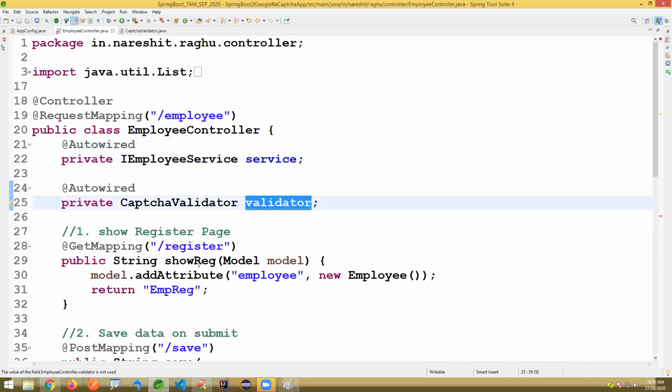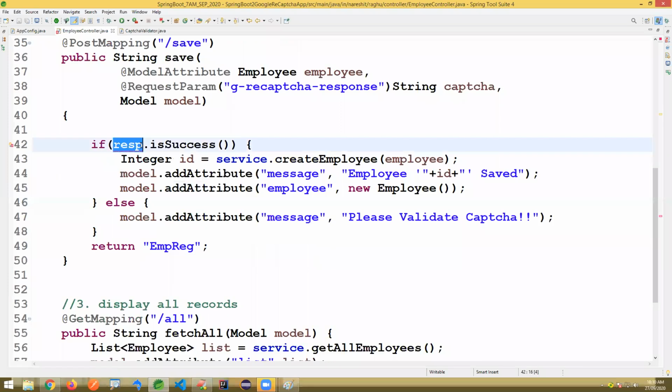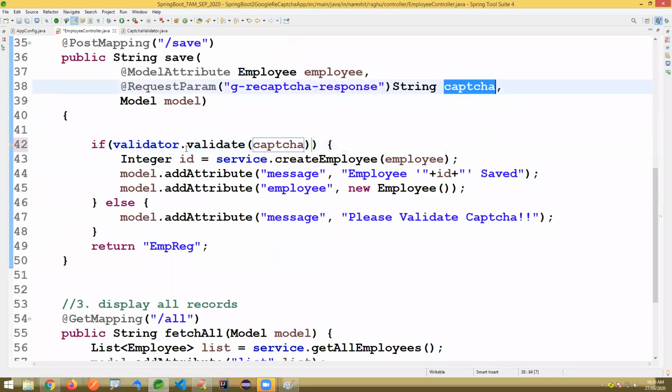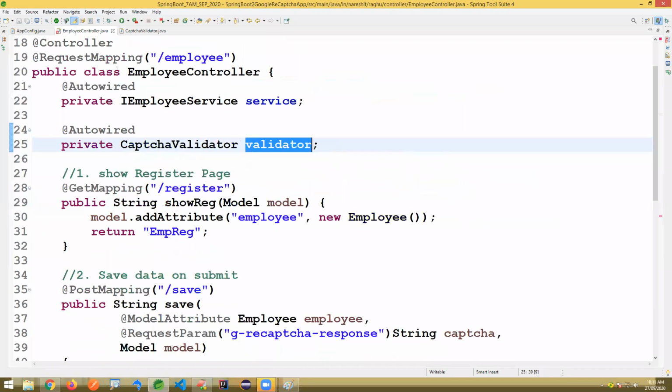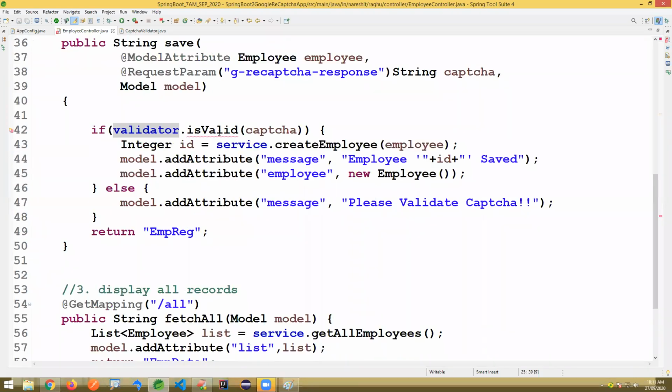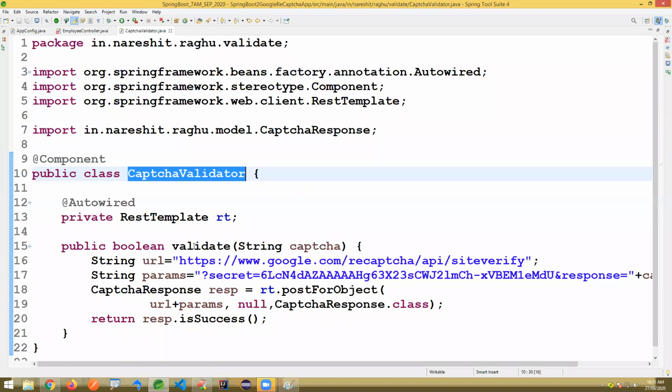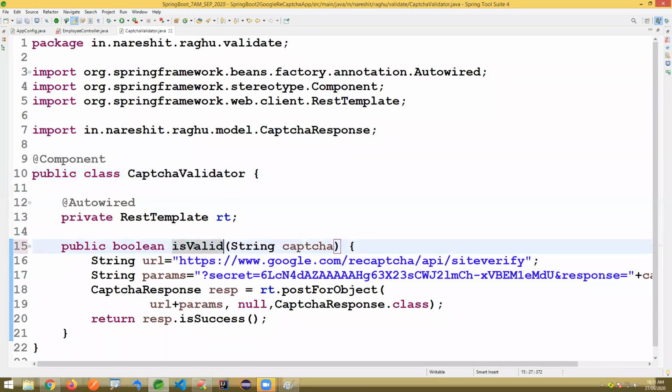Now I'm just calling here in the place of the if condition, validator dot validate, and pass this, or isValid, whatever you want to call. You can write like this: go to validator, change the method name to isValid. If you want some standard, I'm just following that here.